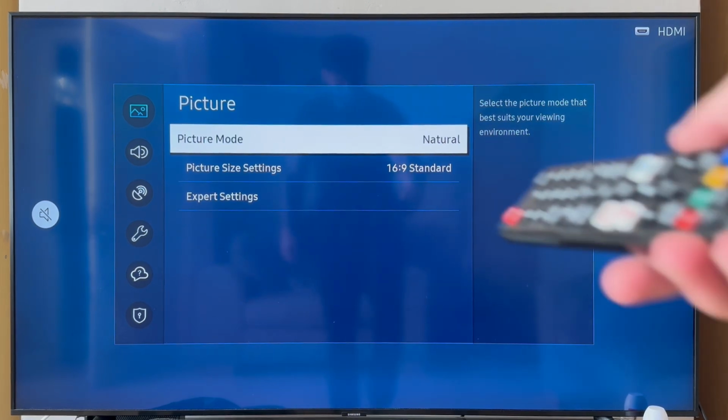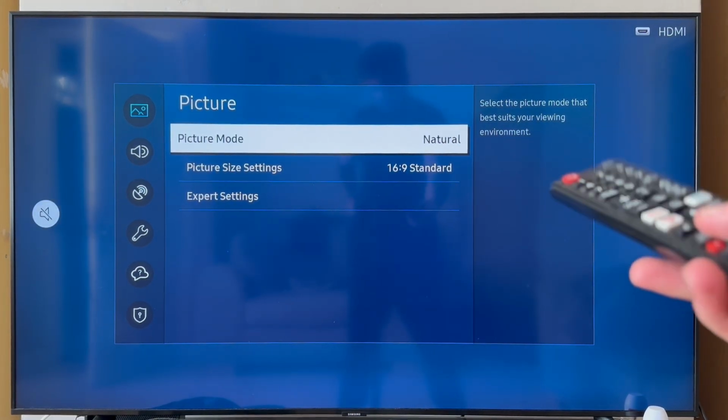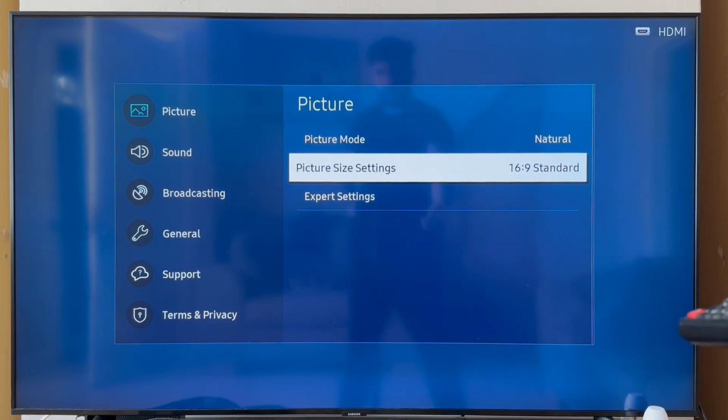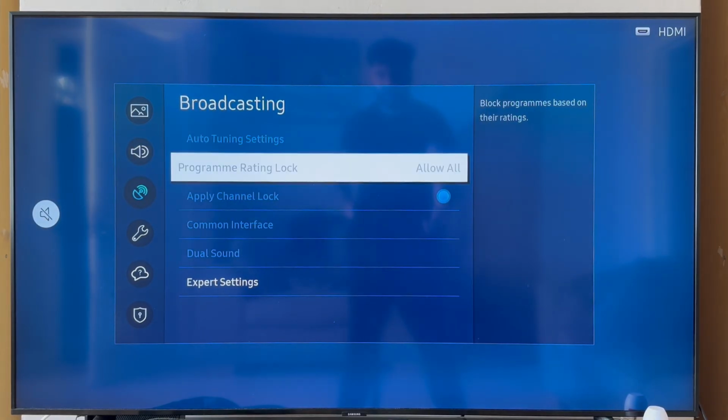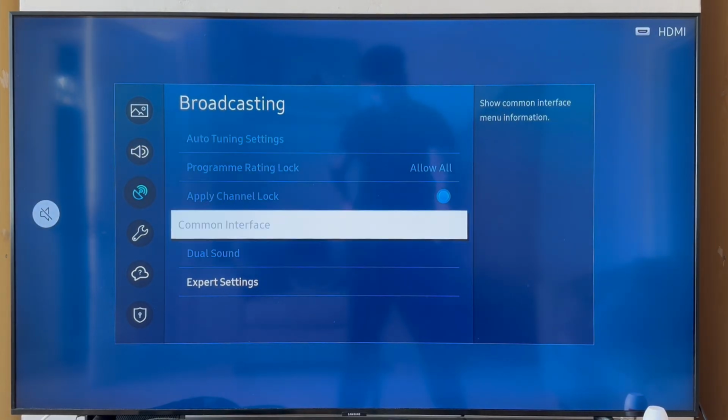How to fix grayed out settings on your Samsung smart television. So if you're on your settings menu and you're trying to click on a certain item, but this item is either grayed out or it's not letting you click, then there's actually a couple of ways we can go and fix this. Now, the very first thing you need to do is just head over to your Samsung home screen,